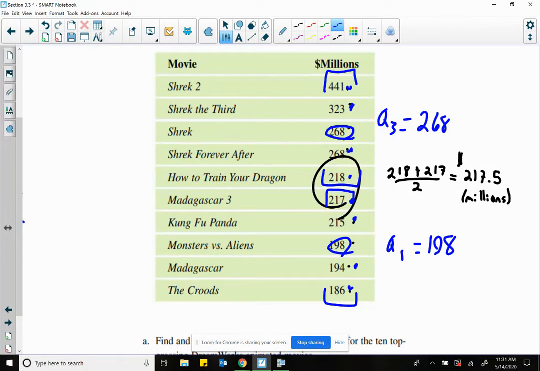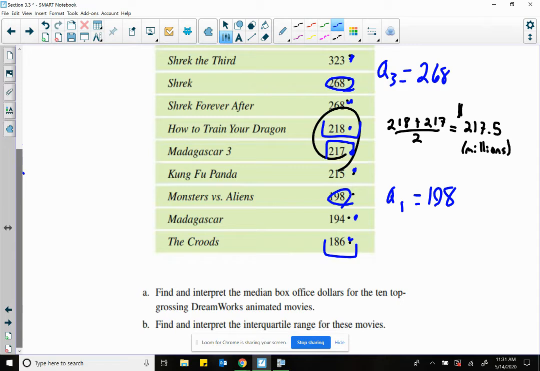So if I want to know what the range is, all I'm going to do is subtract those two numbers. So I go to my calculator, 268 minus 198. My interquartile range is 70 million. So what does this mean? The middle 50% of the DreamWorks movies made